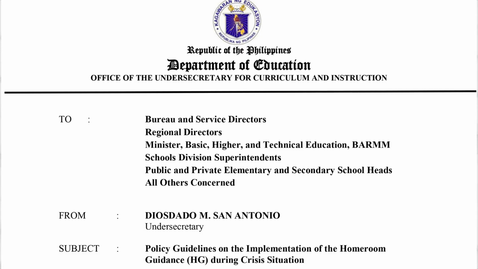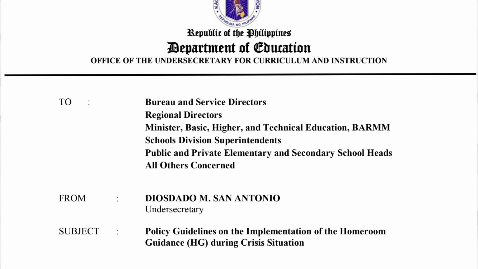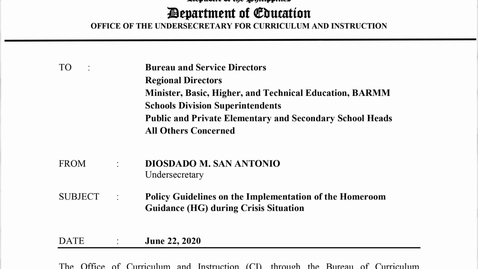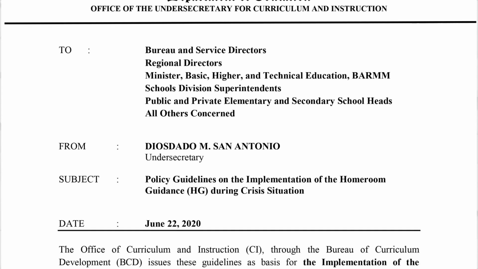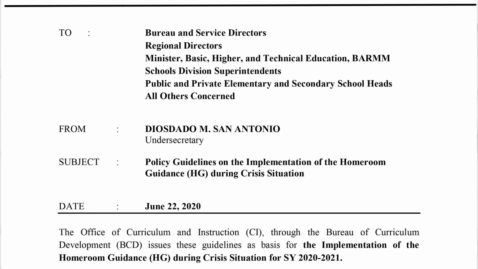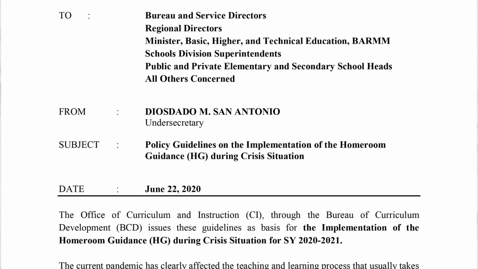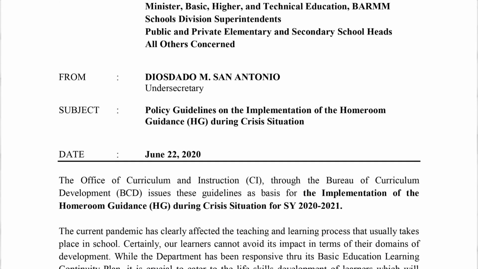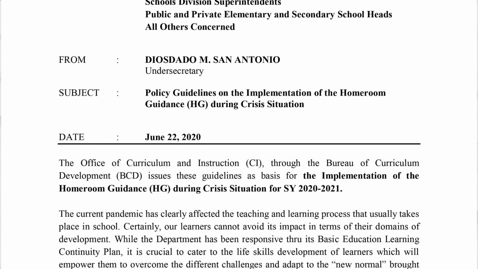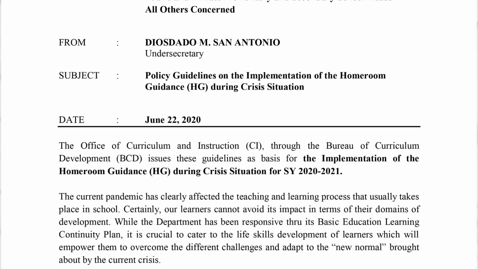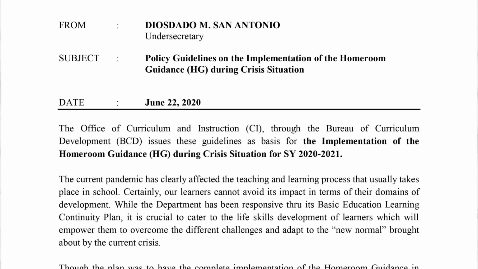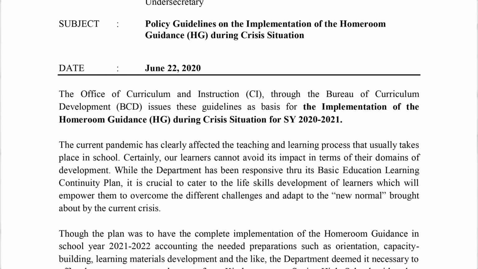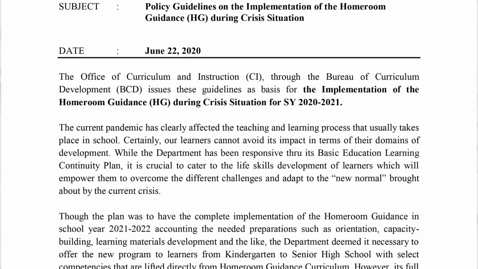The Office of the Undersecretary for Curriculum and Instruction, headed by Yusek Diosdado San Antonio, released an unnumbered memorandum last June 22, 2020 regarding the policy guidelines on the implementation of homeroom guidance during crisis situation. According to the said memorandum, the plan was to have the complete implementation of the homeroom guidance in school year 2021-2022. Accounting the needed preparations such as orientation, capacity building, learning materials development, among others, the department deemed it necessary